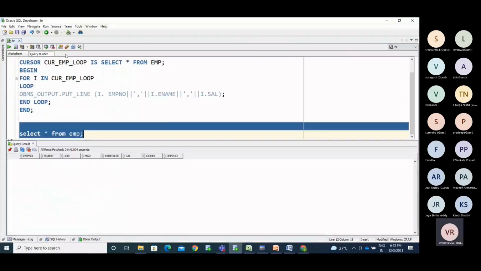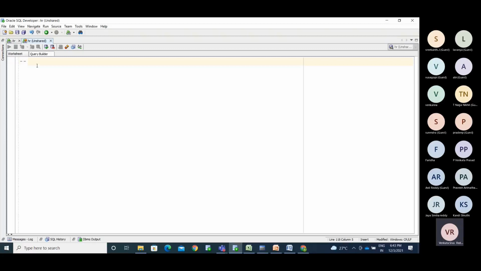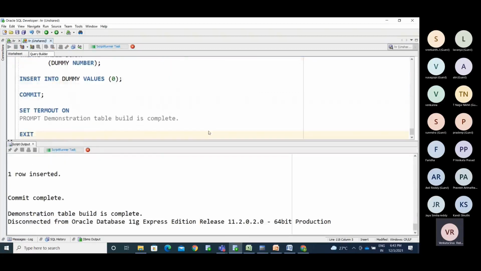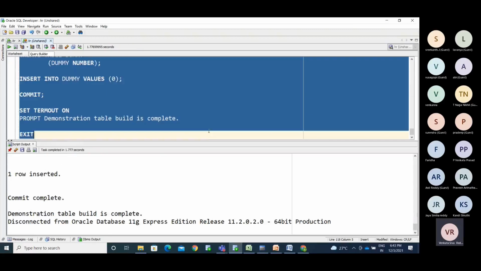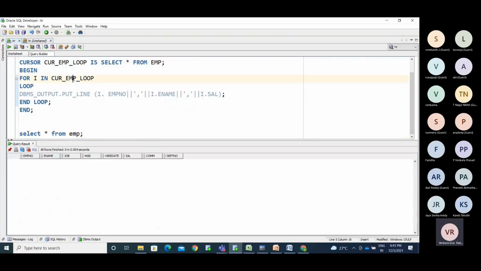So I am creating the employee table and department table. I copied that and created the tables. Now we have the employee table information.